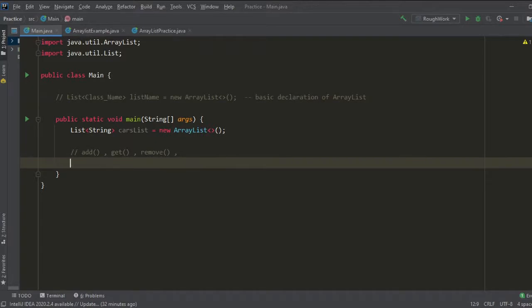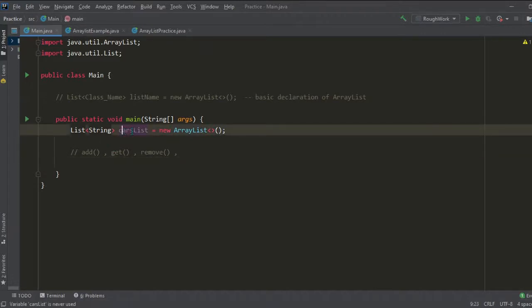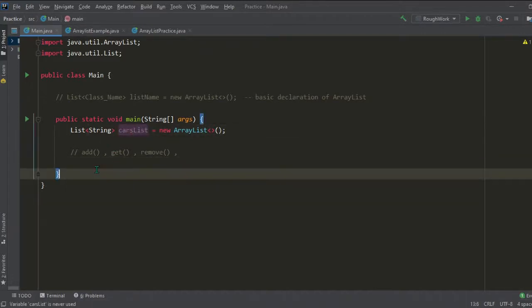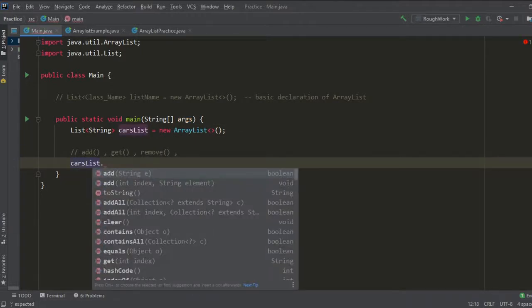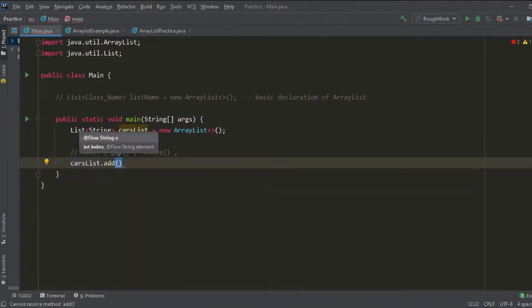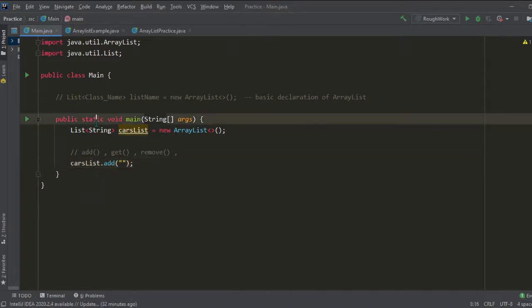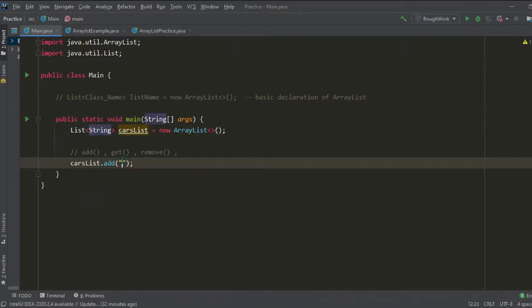So we'll start adding the cars into our list. Here the list name, that is the object, is cars list. So we'll use cars list dot add. Here it is prompting us to type a string because we have entered the type string above. So randomly we'll put bmw.